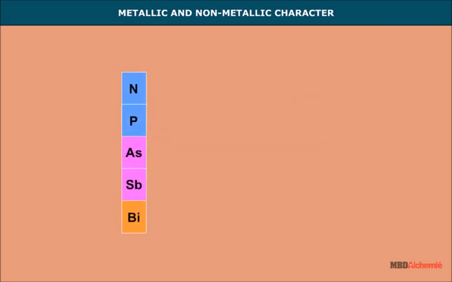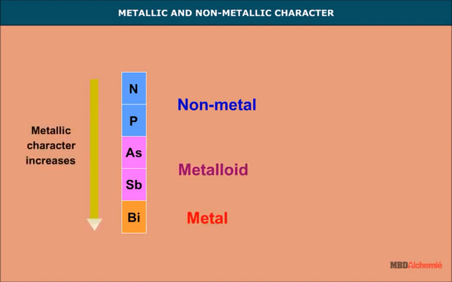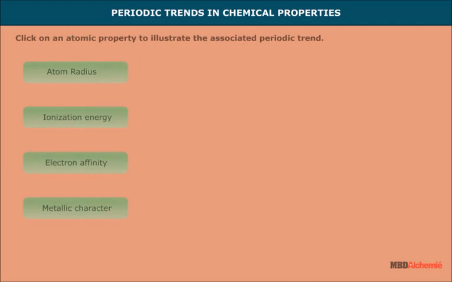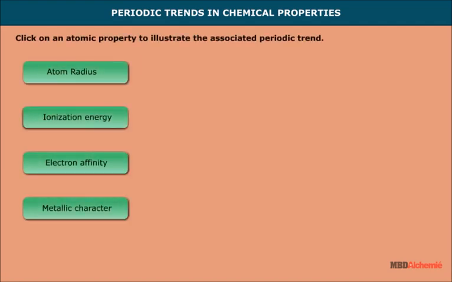The metallic character increases on descending the group. Nitrogen and phosphorus are non-metals. Arsenic and antimony are metalloids, while bismuth is a metal. Variation in periodic table. Along a group,